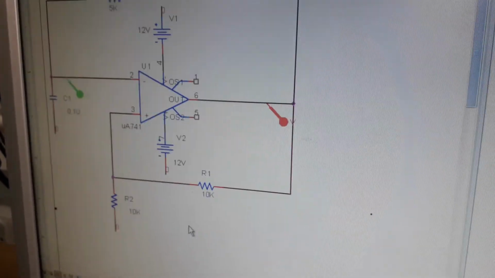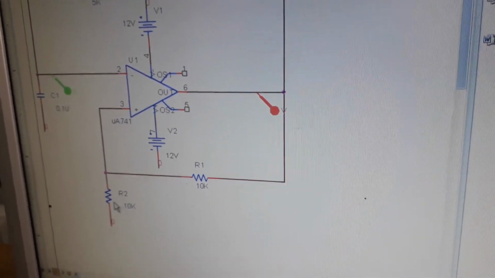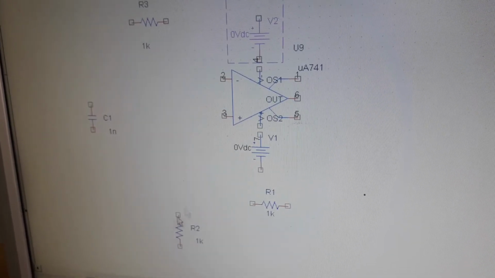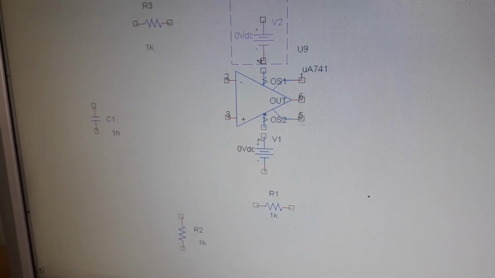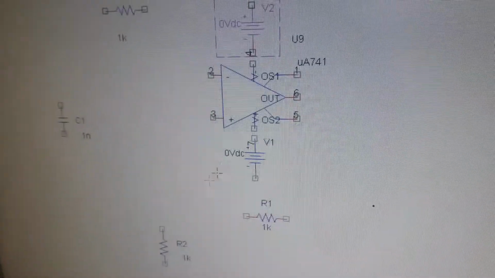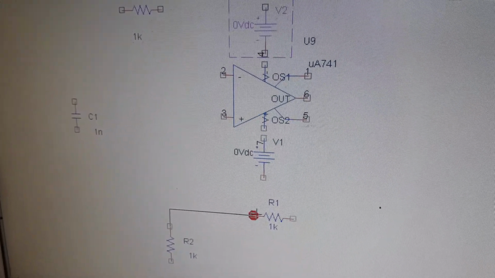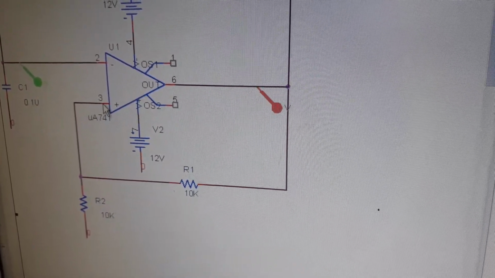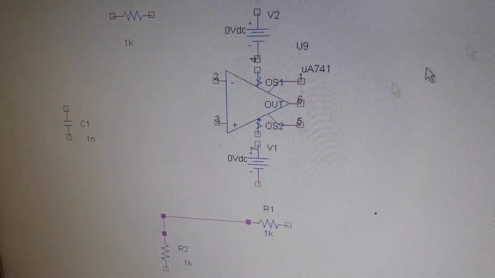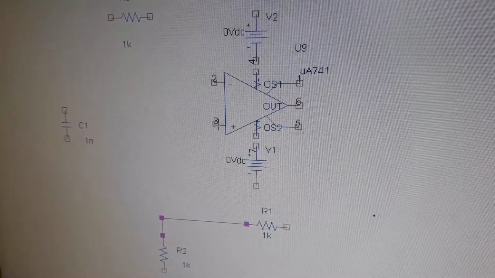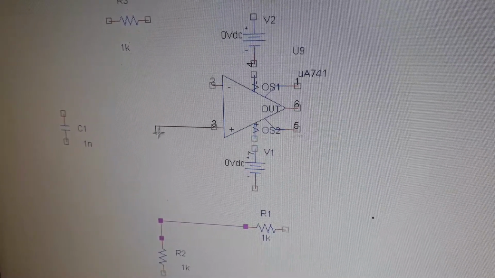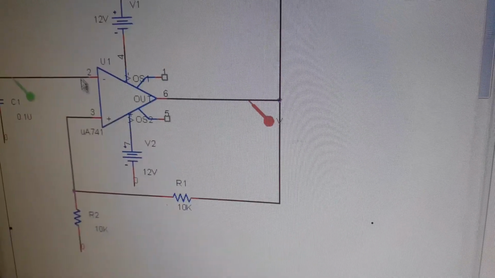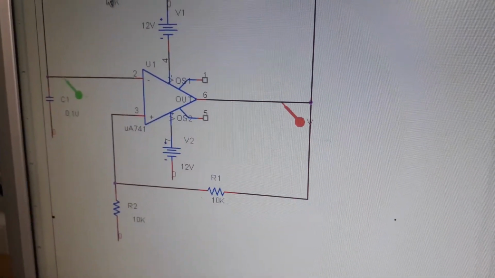First here you can see two resistors, 10 kilo ohm resistor. One end of the 10 kilo ohm resistor is connected to one end of the other 10 kilo ohm resistor. So let us make the connection for that. Select place wire, and connect these two, and the junction of these two resistors is connected to third pin, right? So again place wire, third icon, and third pin to the junction of the two resistors.